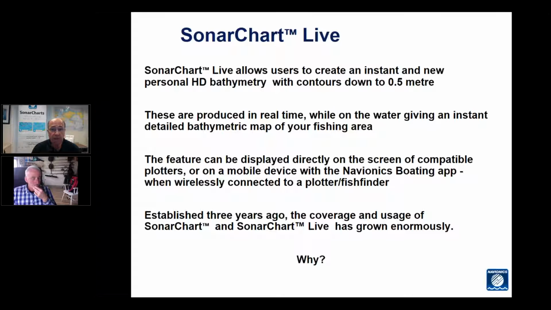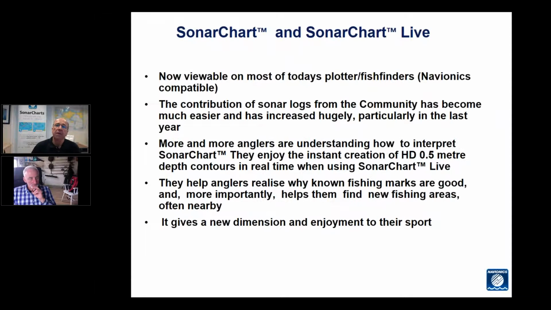Now, Navionics established this 3 years ago, but we've noticed, particularly over this last year, that the coverage and usage of SonarChart has grown enormously. Why should that be the case? Well, it's now available on most of today's plotter fish finders. When we first launched it, the hardware manufacturers took a little while to catch up and make their models fully compatible, but now many of them have brought out new software versions to make them compatible with Navionics SonarChart and SonarChart Live,